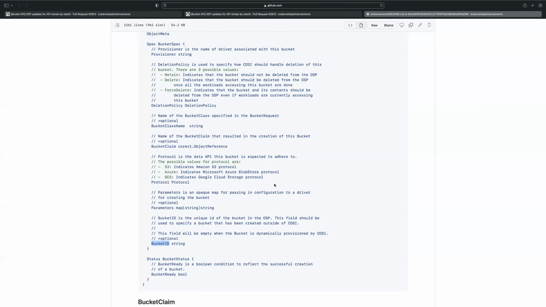Yeah. For the dynamic case, we don't really have a source, isn't that so? This is not the same as the snapshot case, where the source is the volume handle. In this case, you don't really have a source. It's dynamic provisioning. So it's only in the brownfield case that you have this source. In our case, we actually have two fields, and you can only choose one in that source. In this case, it looks like it's just one thing.